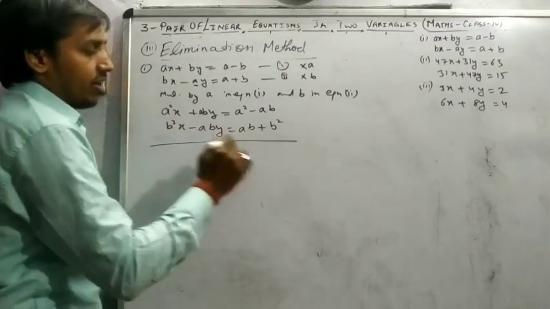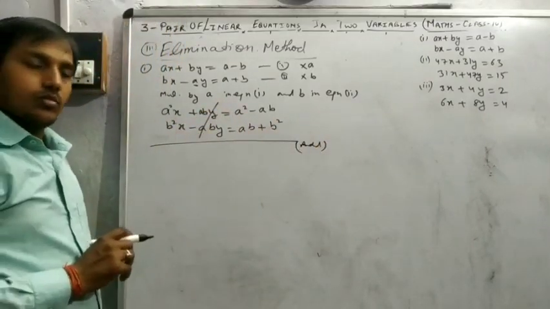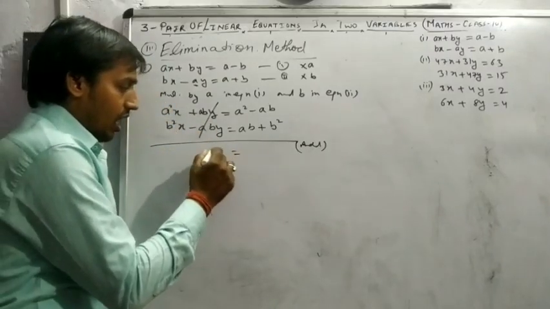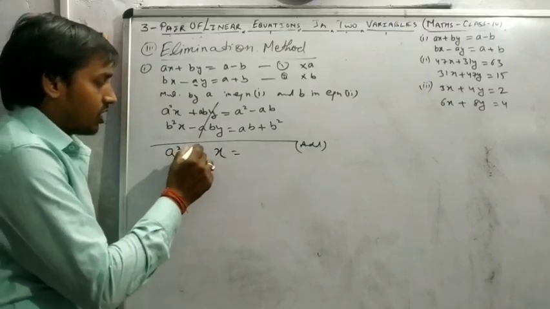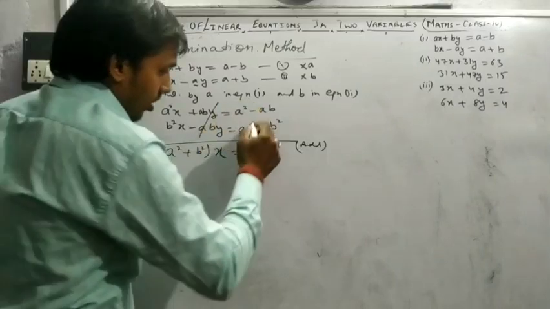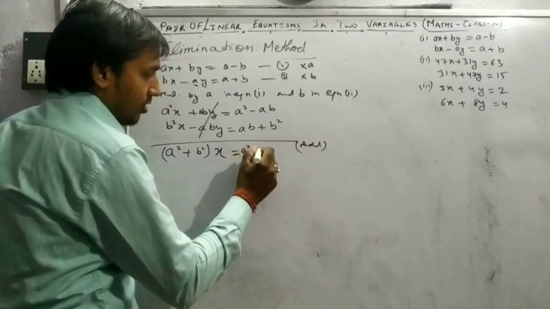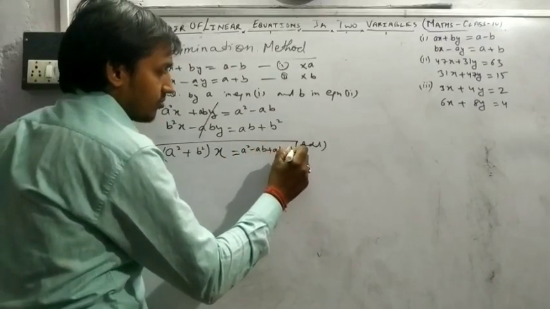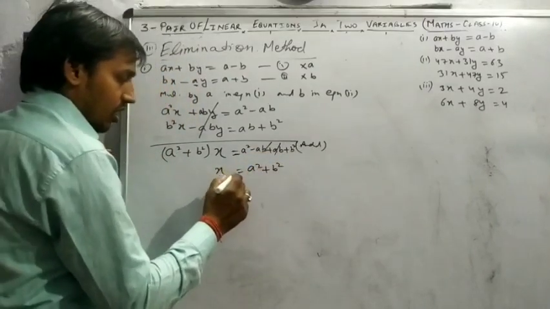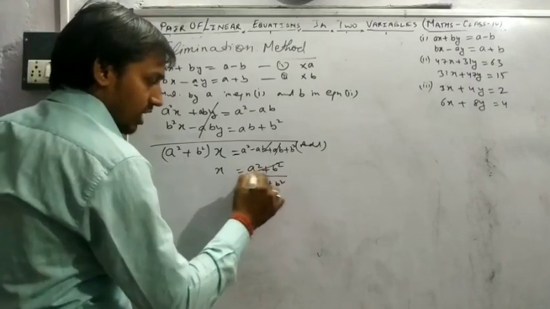Here the first sign is different, directly add, cancel. In the y coefficient, aby plus sign and minus sign cancel. Here x is common, so we remain with a square plus b square. When we add up, if you have any problems you can note down directly. Ab cancels, a square plus b square times x, this is sent to the opposite side, so in division it cancels out, you get